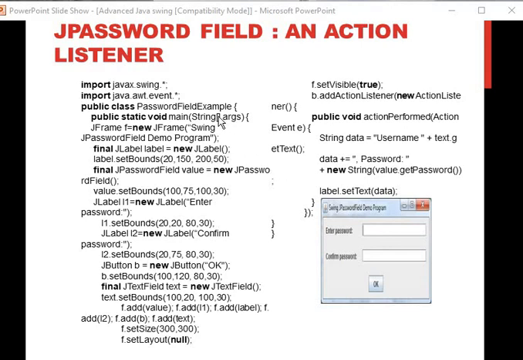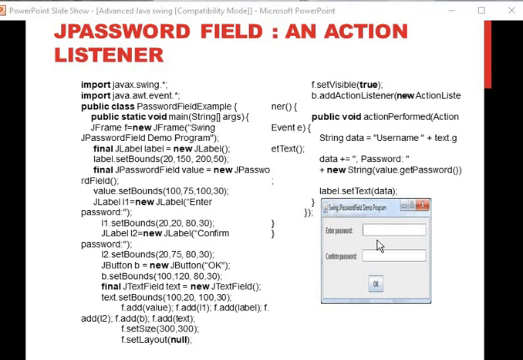Now in this program we have written the Swing Java password field demo program. Here it is written as the name of the frame. We have used the JLabel and a final JPasswordField value, which will be written here as a confirm. JLabel 1, we have introduced the first label, that is enter password. JLabel 2 is confirm password, and it is bounded by one button, that is OK. Now we have even introduced the text fields, both of them.